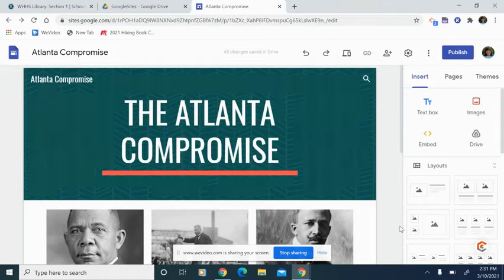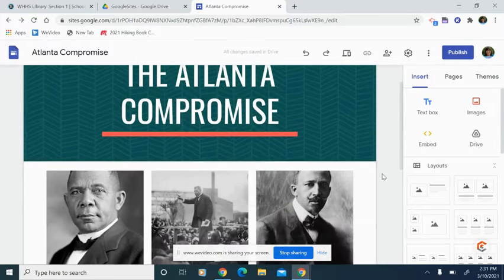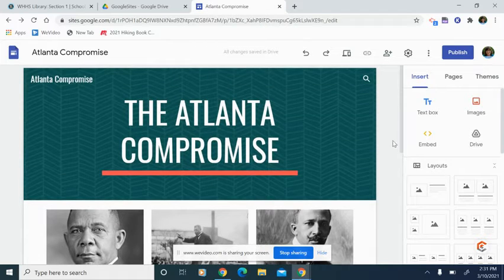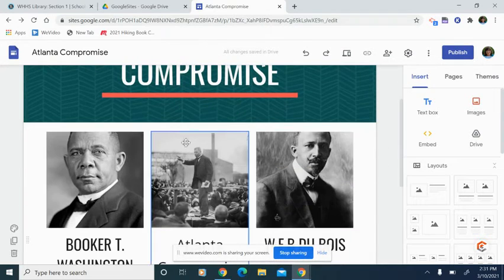Now we're ready for part 2 of Google Sites, making a website. So we have our home page here made with our banner and our three stories. Now what you want to do is link these